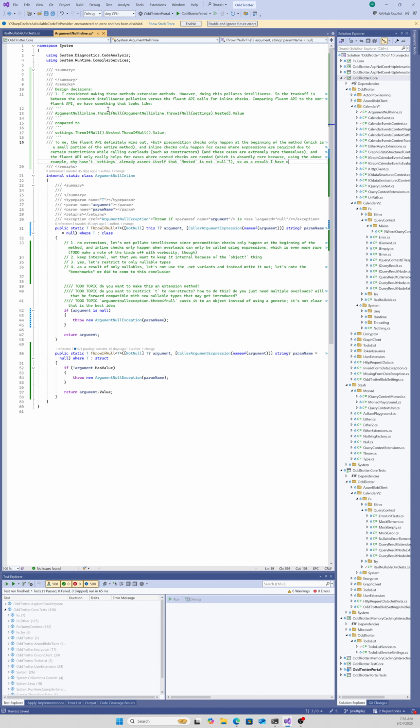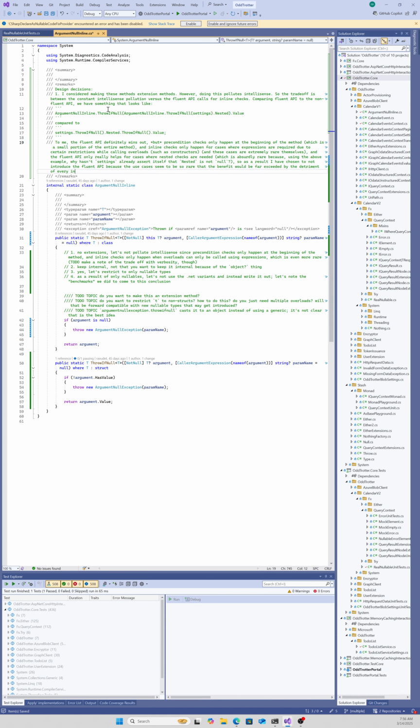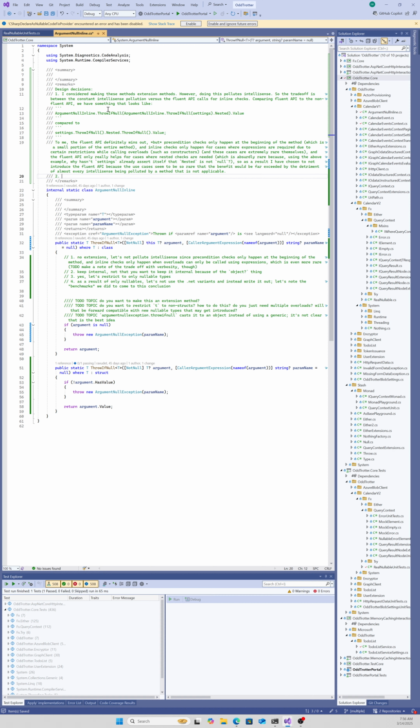As a result, I've chosen to not introduce the Fluent API because the use cases seem to be so rare that the benefit would be far outweighed by the detriment of every IntelliSense being polluted by a method that is not. Okay. Second decision is